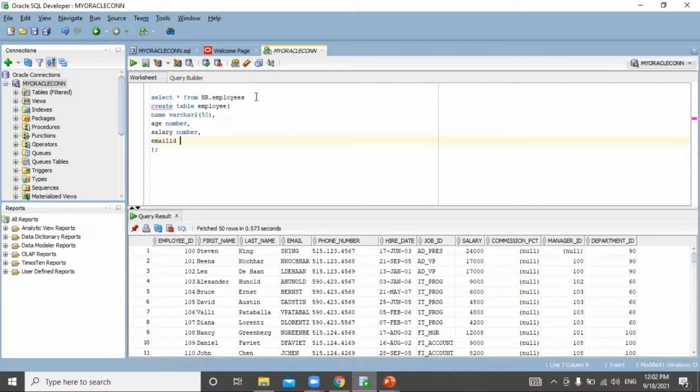Your variables, that is the name, age, salary, email ID, cannot contain white spaces. As you see in this employee table that actually is inbuilt, there is no white space in these column names, and that's not allowed because that will create an error for us. Okay,